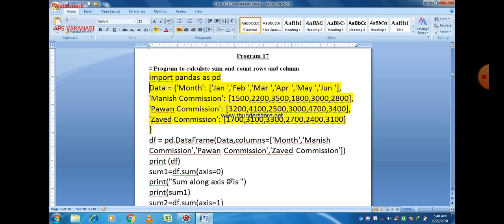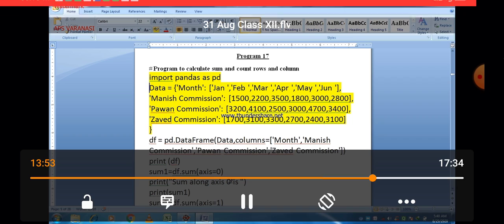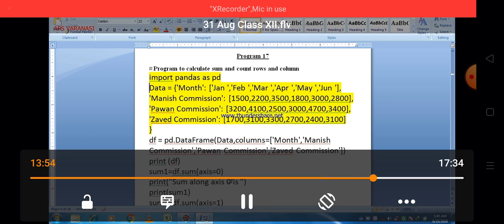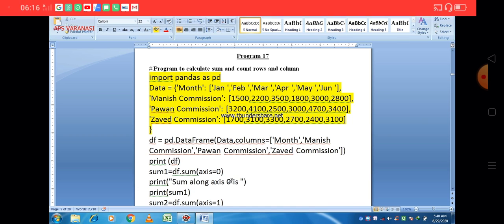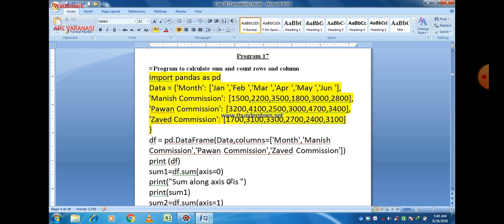If we want to create a data frame, we just pass this dictionary as a parameter value within DataFrame. You can see in the next line, df is equal to pd.DataFrame(data). So we just pass it as a parameter here, and then the names of the columns given here are Month, Manish Commission, Pawan Commission and Javed Commission.